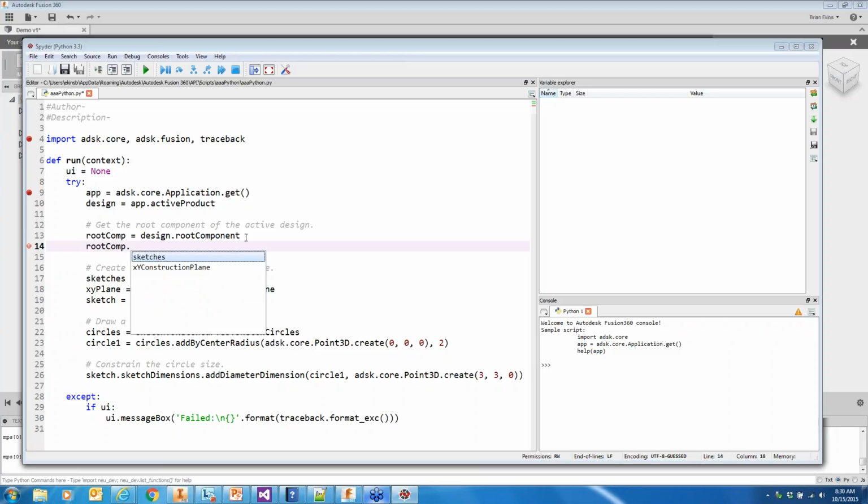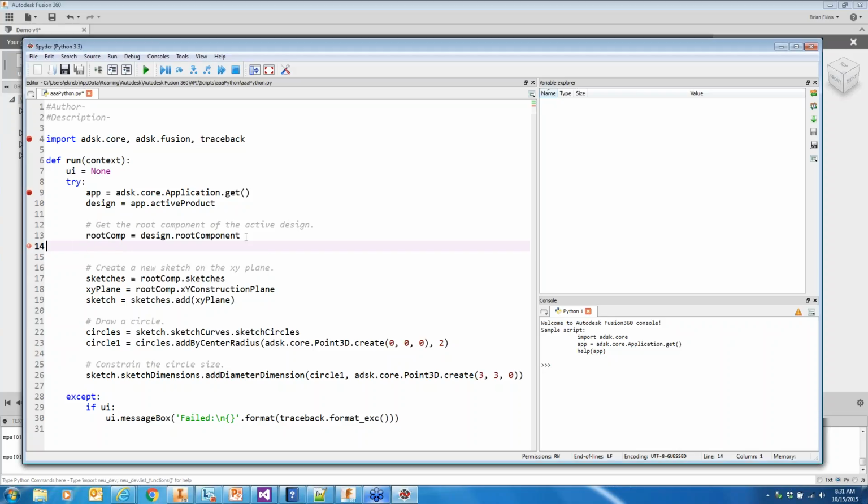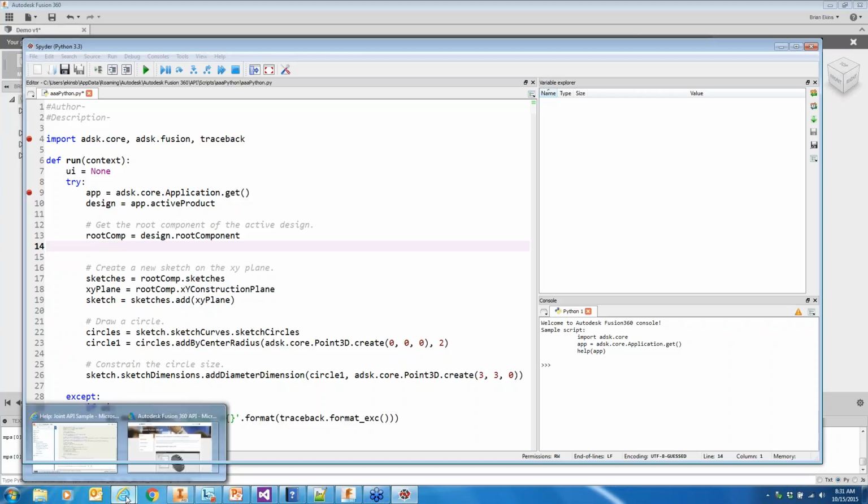And this isn't based on its knowledge of what the API is, it's based on what I've typed in before for root component. So it's just kind of learning from what I've done. So this isn't good information that I'm getting here. And the reason for this is if we look in the help,